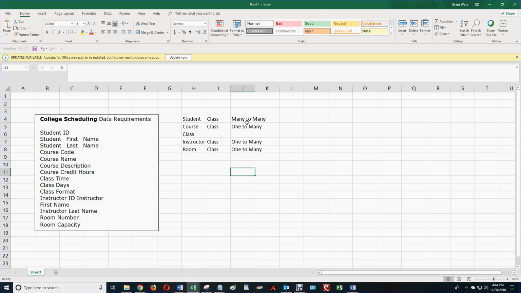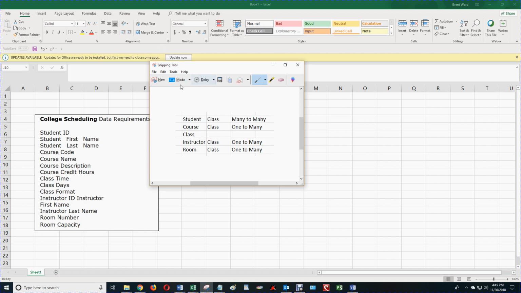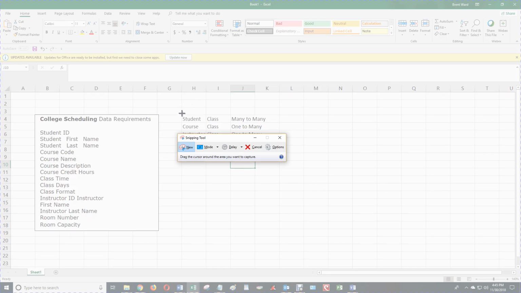So the next thing we have to do is figure out how to take all of these relationships and put them into Visio. You notice I haven't put class to anything here because just from reasoning through it previously, I knew that class is, in this case, where everything joins. So we've already dealt with class, so I'm going to take that out because class is dealt with here many times over. So I'm just going to make these the relationships that we have to pursue. So I'm going to go new. I'm going to take a snip of that,